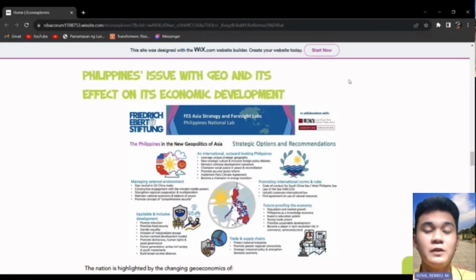Today I'll be discussing the Philippines' geographical location and its economic development. The nation is highlighted by the changing geoeconomics of trade, supply chains, and shipping routes due to economic topography. Actually, the Philippines ranks 5th in the world for mineralization. It is rich in cobalt, gold, silver, copper, and even nickel, thus creating an opportunity for the country in terms